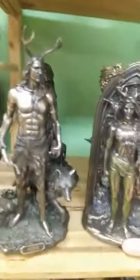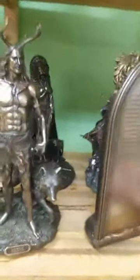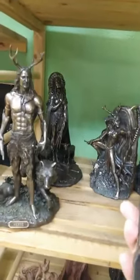So I'm going to show you this version of Cernunnos. He's got an eagle behind him. He's holding a fox. It's actually a crow behind him. He's got a wolf at his side. He's got the berries in his hand. And on the back, there's actually a poem by Walt Whitman. I wanted you to see all aspects of that. The Walt Whitman Cernunnos, they call this one the Druid specifically, is